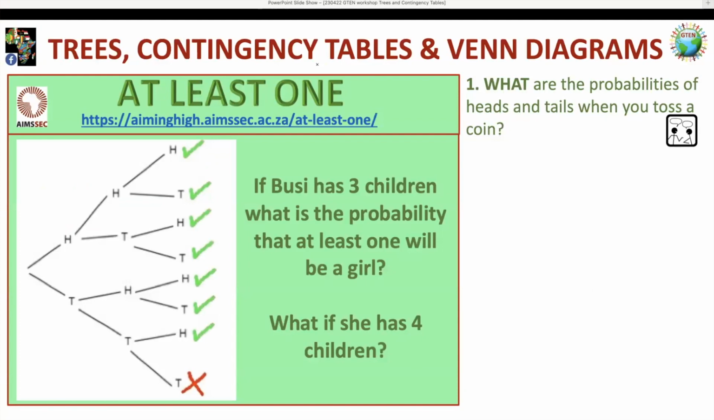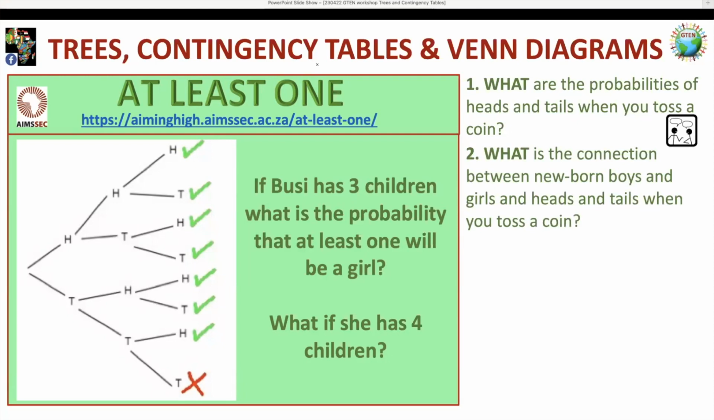Right. So this is your opportunity to have a go. And we're looking at what are the probabilities of heads and tails when you toss a coin. It's a simple question. So what are the probabilities? Toss a coin. What is the probability of throwing a head or a tail? Go ahead and